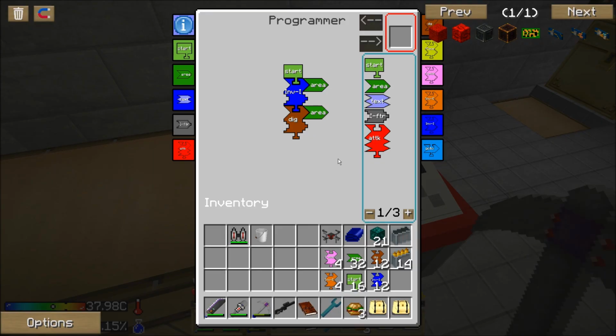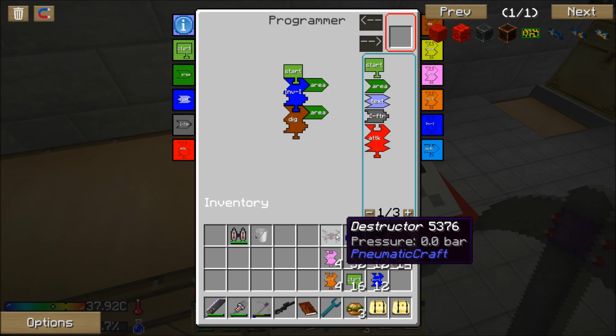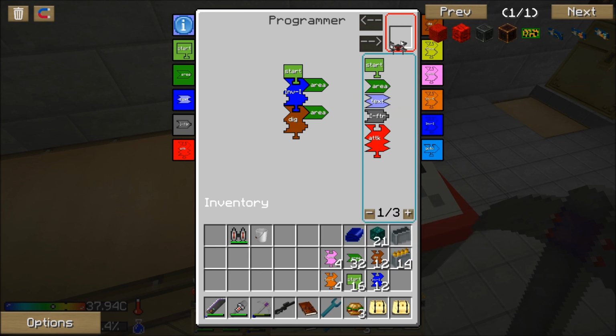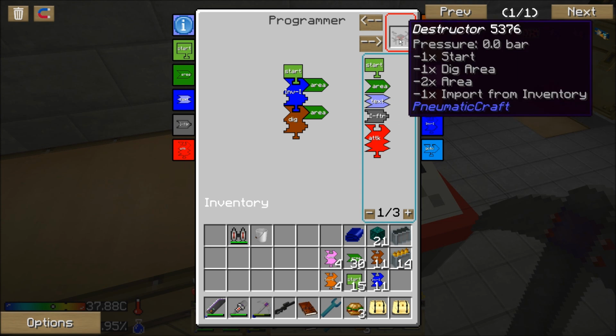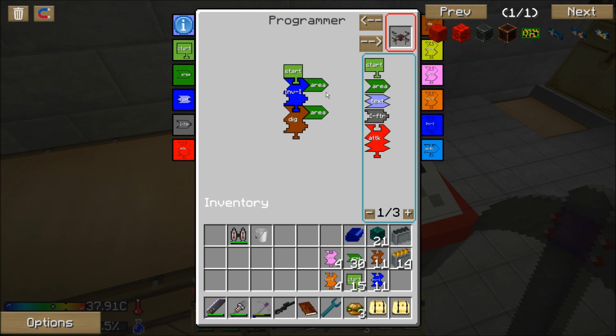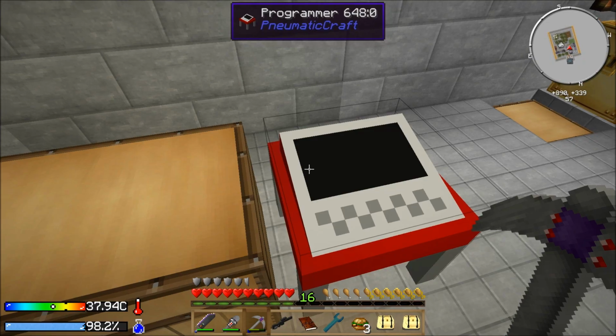So anyway, getting right on to this. Start program, inventory dig in 2 areas. If I go ahead and put that in there, I can go ahead and write that program to the drone. Now, I didn't put any variables or anything in this because I need to actually go out to an area and use it. Use a